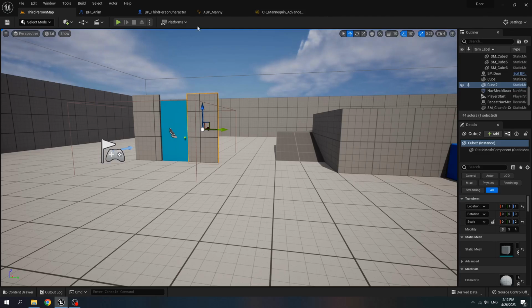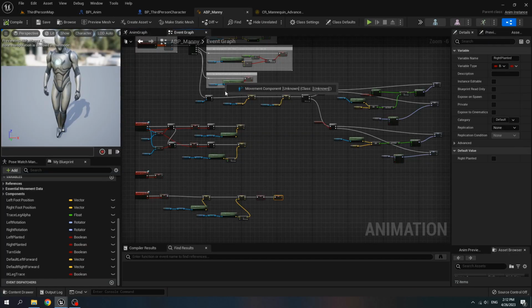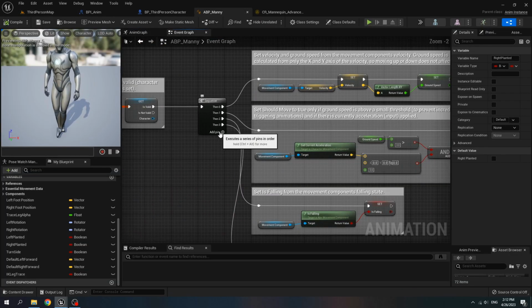Go to ABP menu, and for the event we add a pin to the sequence.